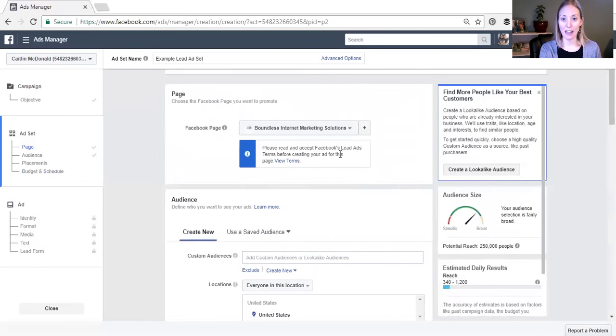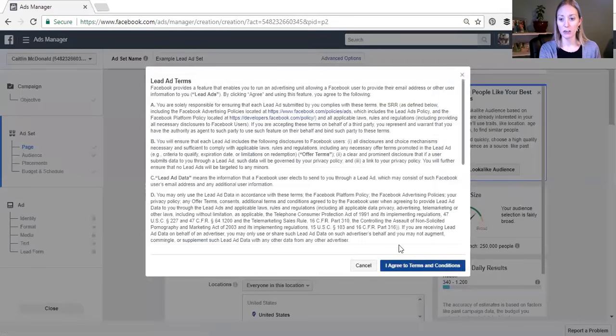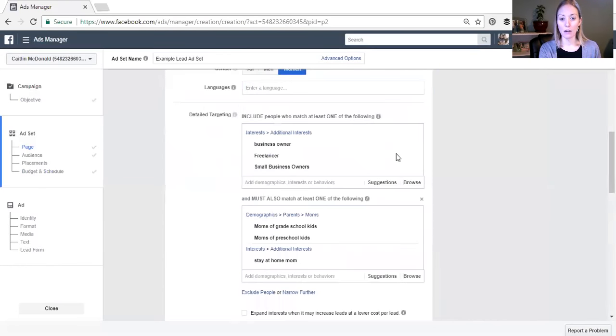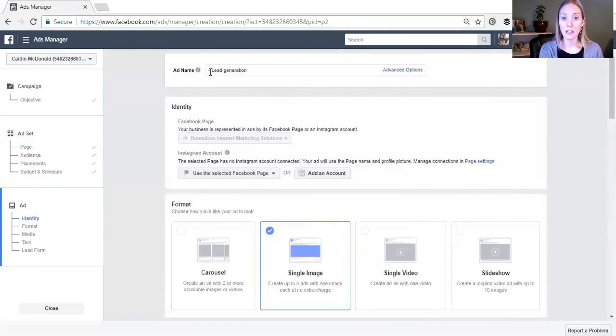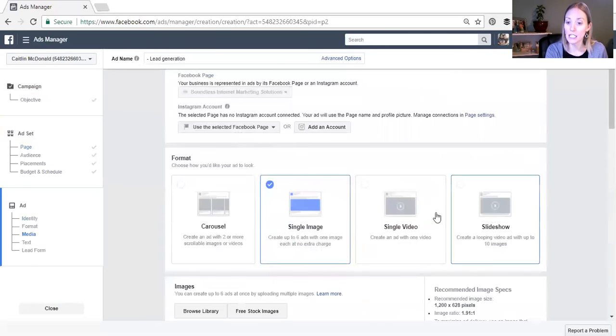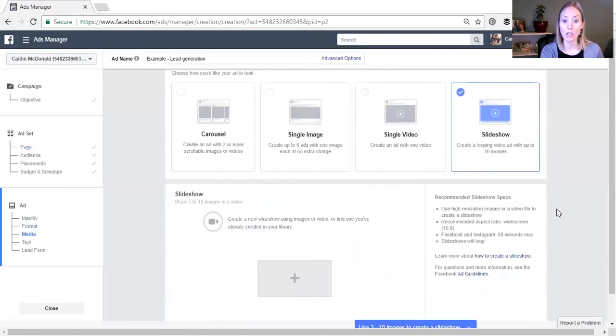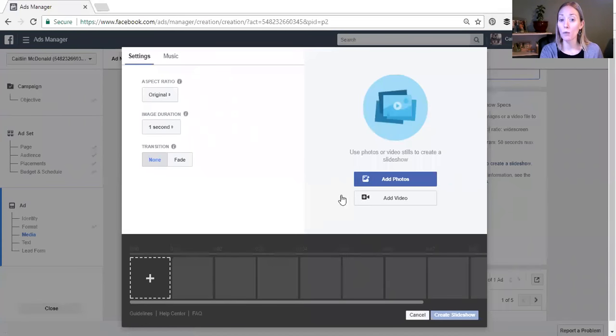Then the next thing that we do, oops, I have to just agree and accept the terms, and hopefully this all stayed good, is we click continue, and it's time to create the ad. Now you can create this ad in a lot of different ways. We've found that slideshows and videos work a lot better to get people's attention in the news feed as they are just scrolling along. So seeing something that's moving with captions can really help get their attention. So I'm just going to click on the slideshow one because I don't have a video to upload, and it will prompt you on what to do to